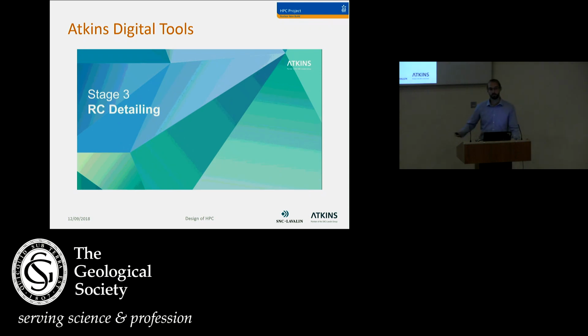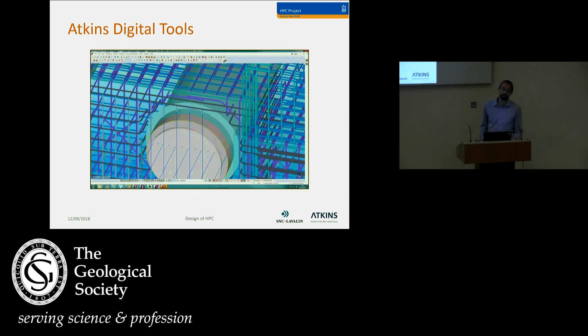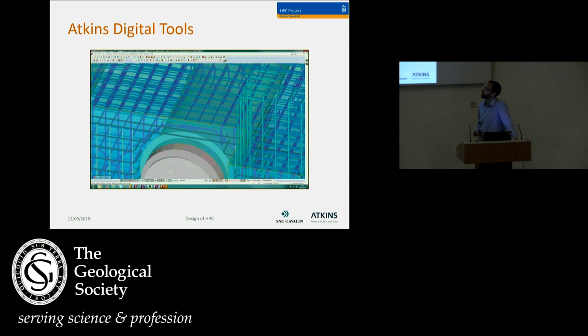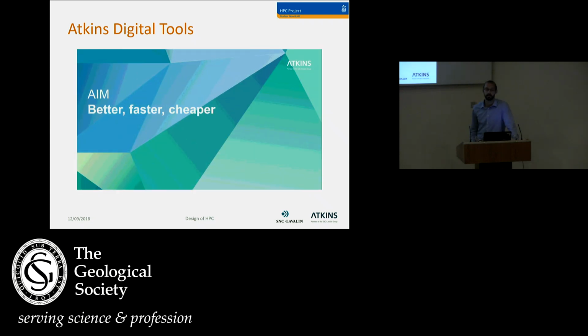That can be exported directly in a number of formats as reports, and so you can get a lot of the information that's crucial to the detailing, which is then detailed up in a 3D fashion now. This enables every single reinforcement bar to be plotted, declashed before it actually meets site, and these all to be manufactured before it gets to site. So this means there's a lot less requests for information and field consent requests,